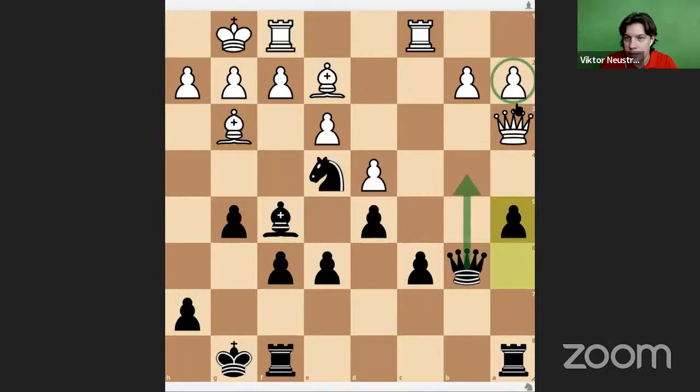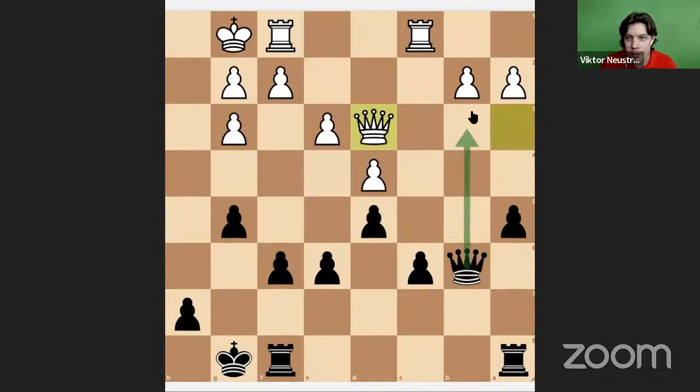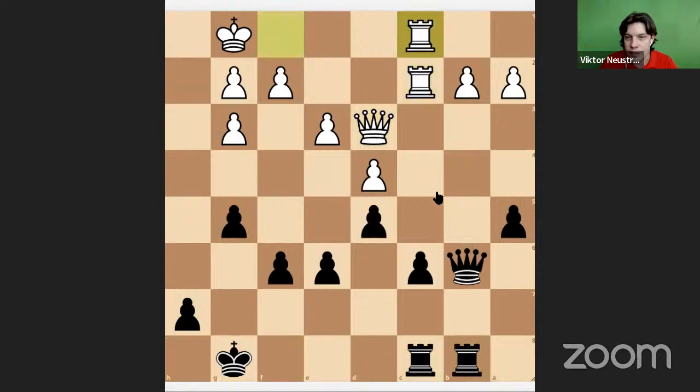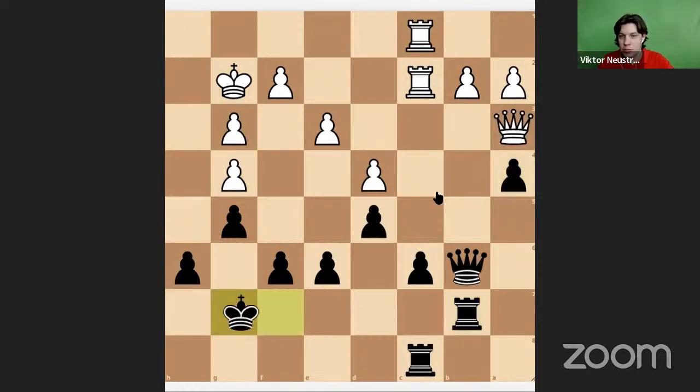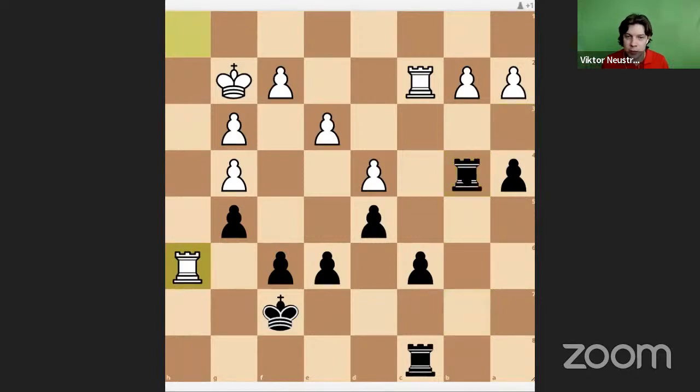a5 to exchange the queens and make a2 a weakness. Bishop d3, I took there, here, and my position is worse. I cannot take because of their invasion, like that, or at least with Rc6. So I played this move, Rc2, Rfc8, this, a4, and then I had to defend this position. Finally, I lost a pawn, but exchanged the queens, and I managed to draw this game. I'm down a pawn, but because these pawns are doubled and because this is a rook endgame, it's very difficult to